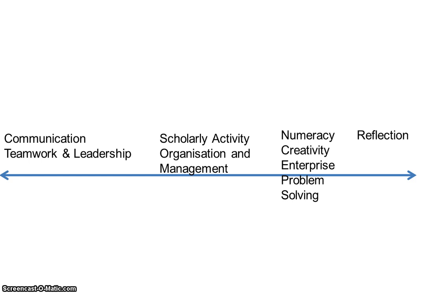Moving over to the right here, I've put numeracy, creativity, enterprise, problem solving together because these are the extras. These are some of the spin-offs from you doing the dissertation. Numeracy, of course, because you may be looking at data, you may be looking at tables and graphs and trying to understand any patterns for your research. Creativity, you may have to think about a particular approach that you're taking in a different kind of way. That's creativity and lateral thinking.